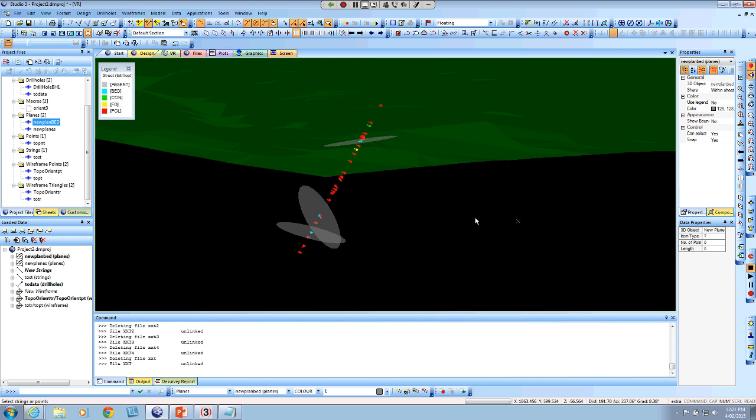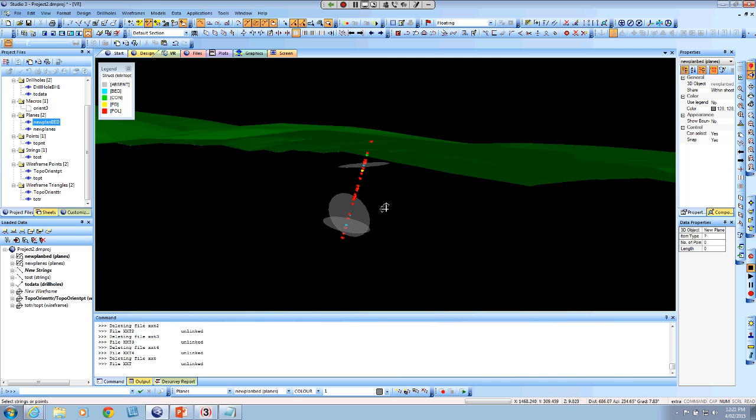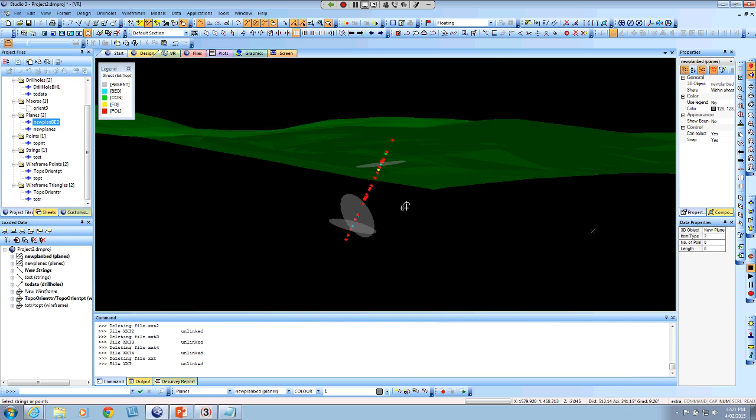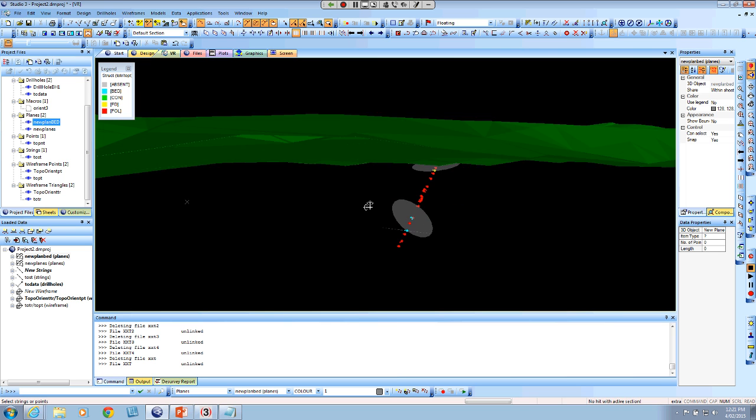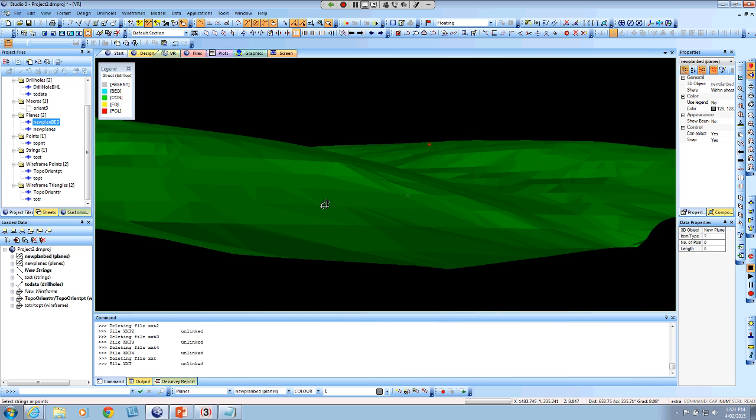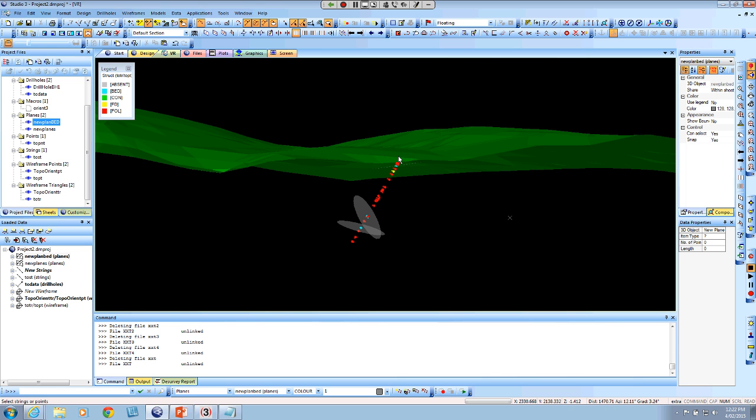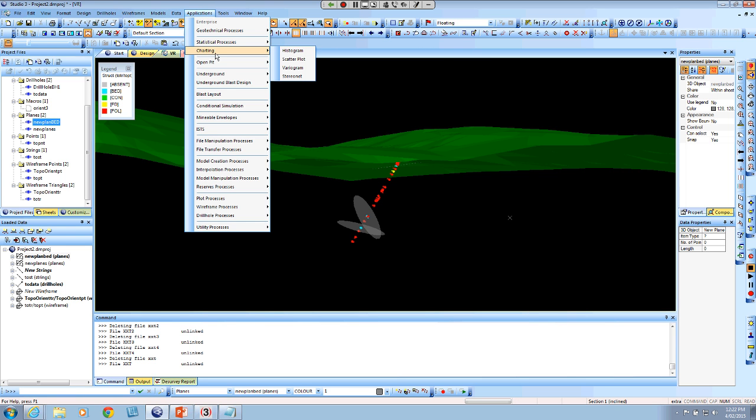So after creating your planes, you can also use the StereoNet to view all your data. You might find that you've got certain areas where you want to segregate certain drill holes because there's a different foliation or different orientation that you want to see, and you want to plot it maybe on a StereoNet. So just remember that in Studio, if I go to Applications, Charting, and then StereoNet,